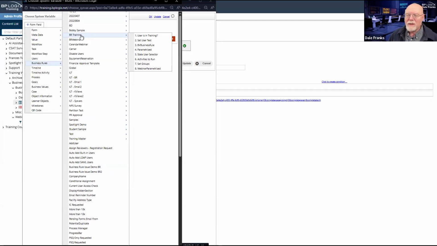So in the case of the business rules that we're using today, I've set the Group and Value Picker to be our training. And when it's set to be our training, then I can just go to this be our training item, and all 8 of the business rules that I have configured for today will show up as selectable business rules that I can pick out of the condition builder.